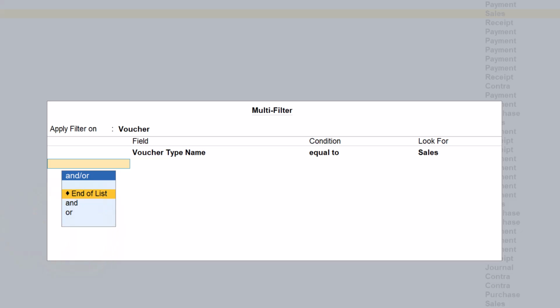Whenever you use a condition of "and", which means condition A and condition B, both the conditions have to be satisfied. Only then will the result that you are looking for be shown. If you select an "or" condition, you are saying look for the information of condition A or look for the